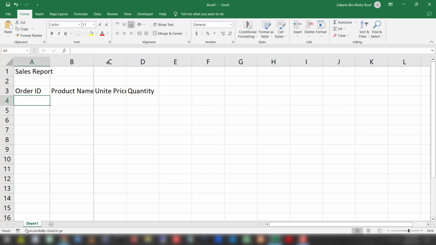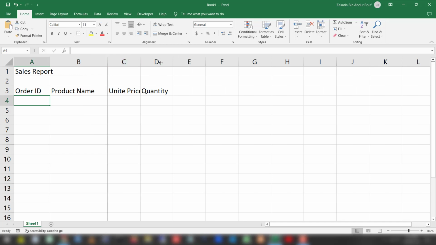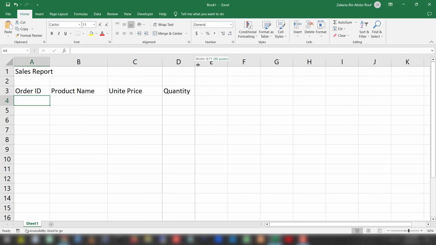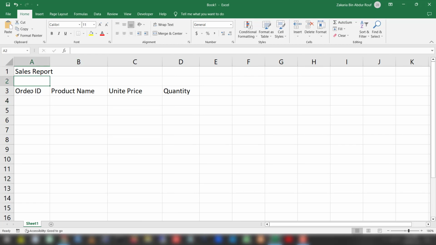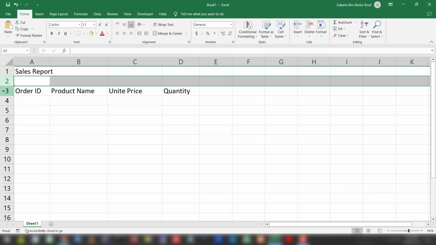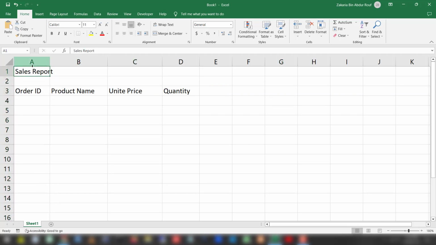As you can see, we have created 4 columns. If you are very new to Excel, this is called a cell, these are the columns and these are the rows. We have created a heading, the sales report,